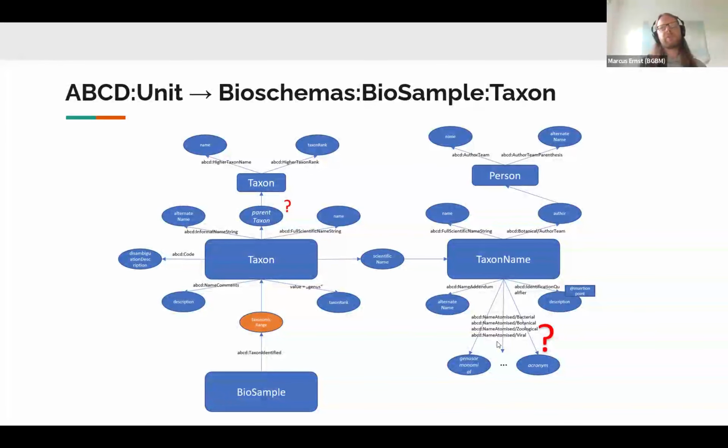And here's the problem: in our mapping in the ABCD, there is no such direct relationship, but only hierarchies, and this makes it a bit difficult to map this information into Bioschemas. Another gap is some naming related details. Here you can see on the right hand side. So this slide is both a proof of the progress we made and the visual transition toward the limitations that come next.